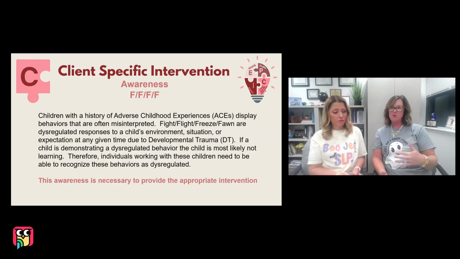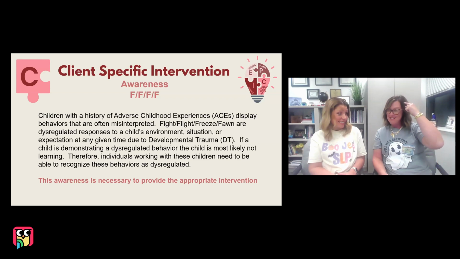If they are dysregulated, they are having problems with communication, and definitely with academics. So, I mean, that is what we do. It's just very hard. You can't do it alone. And so you can't be the only one. She mentioned that fight and flight are very obvious in a classroom and they're very disruptive. The other problem is that freeze and fawn are not recognized by teachers because typically freeze and fawn behaviors are kids who are disrupted here, yeah,